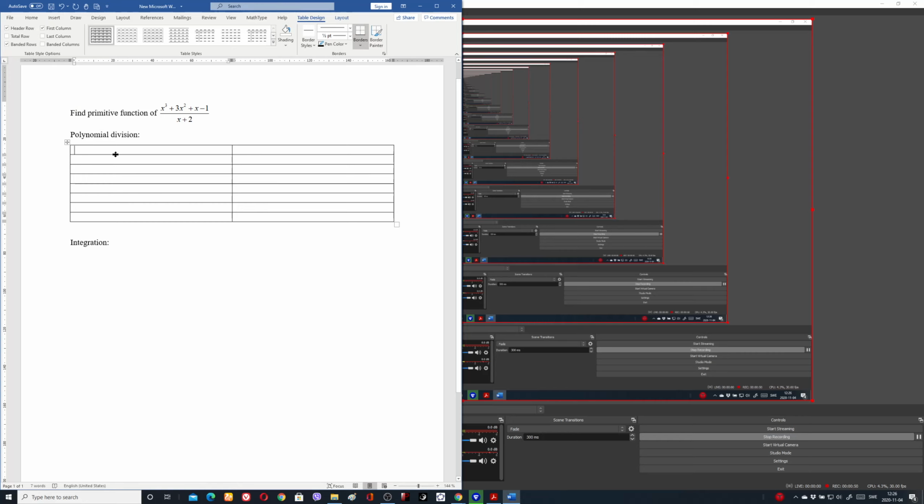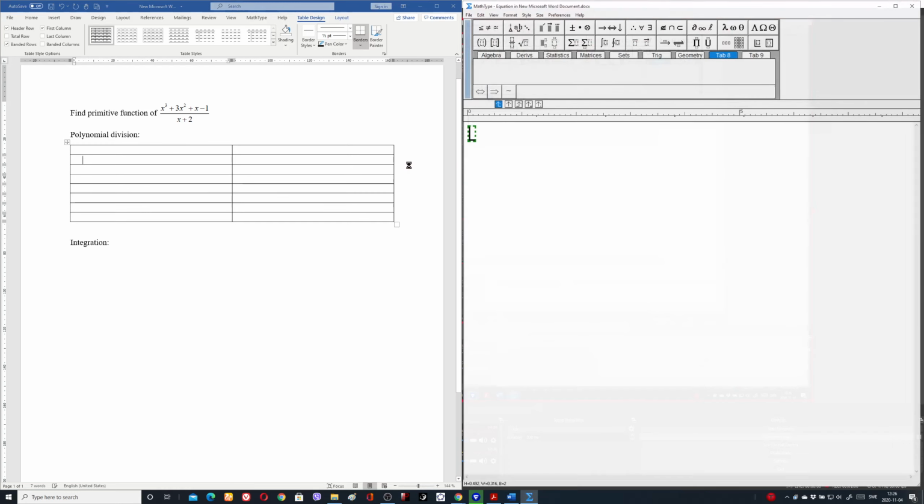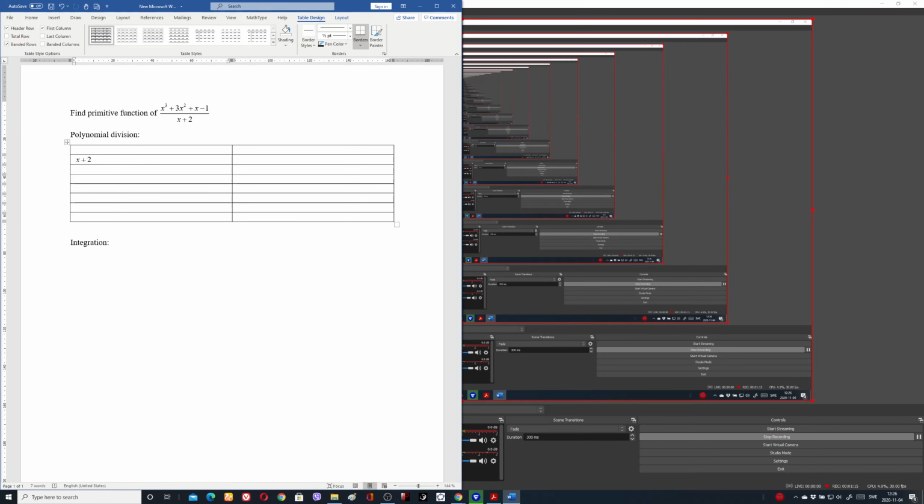Before I start, I'd like to write the polynomial division here, and I'm putting in this table, which will make this calculation easier. It's a little bit hard to do, but I must find a way to solve this problem. Here I have x plus 2, and on the other side, I will write